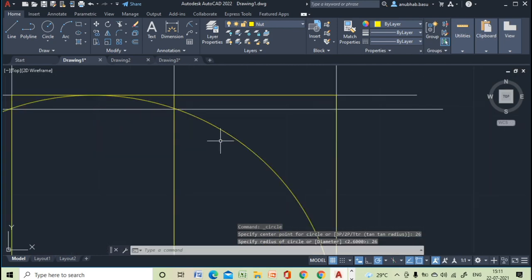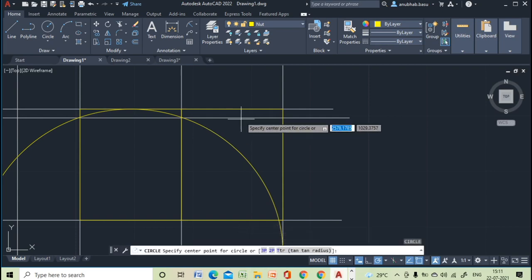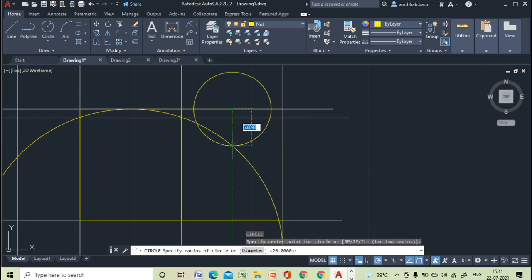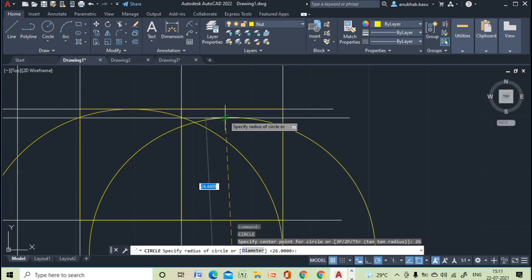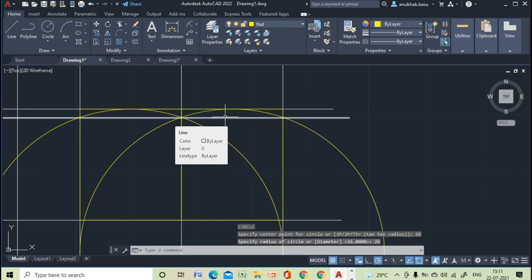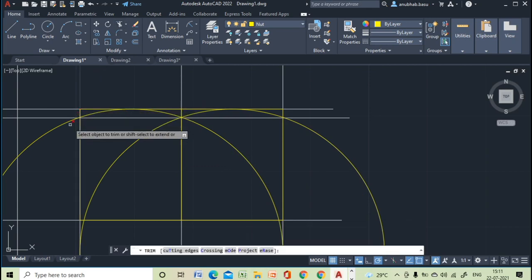Okay, this is one half and another half will be this side. Okay, now we will erase the excess part.